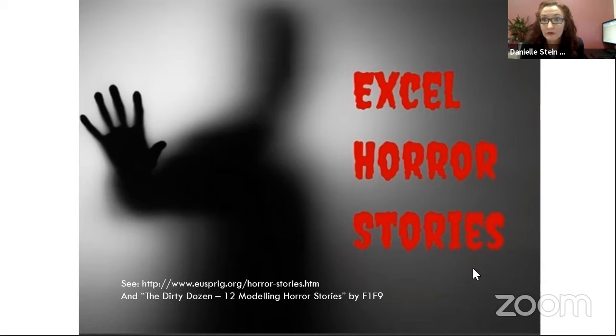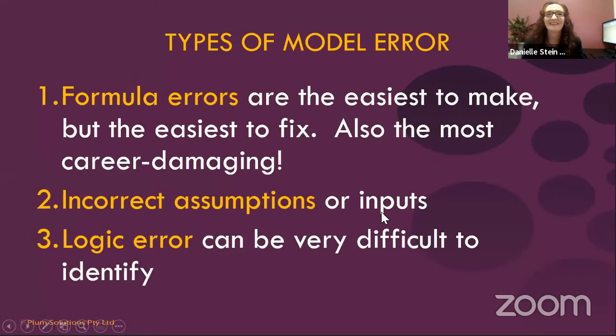We don't want our financial models to be a horror story. So a lot of the financial modeling best practice that I'm going to talk about today is about errors and trying to reduce the possibility of being a star in your own Excel horror story. We don't want that to happen to you.